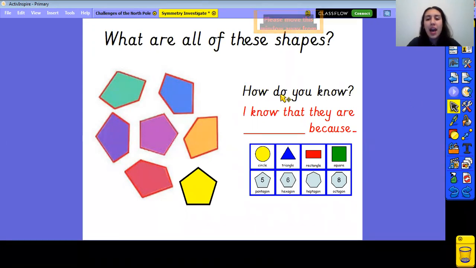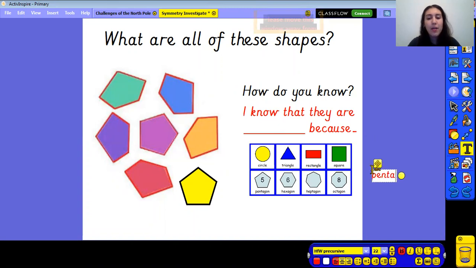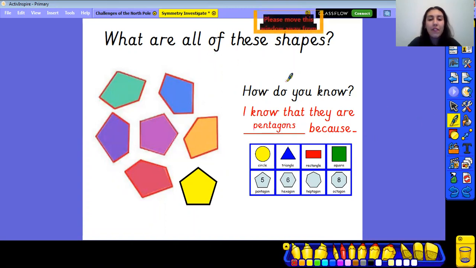Well, I know that they are pentagons. Well done if you managed to work that out. I know that they are pentagons because they all have 5 sides. 1, 2, 3, 4, 5. There we go. I know that they are all pentagons because they all have 5 sides, and also that means